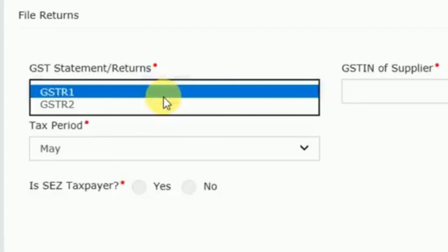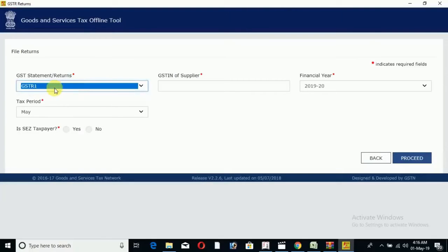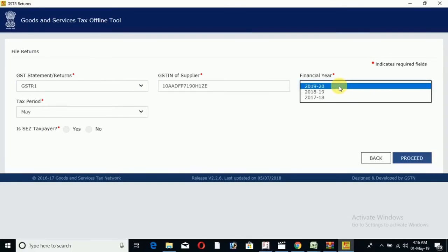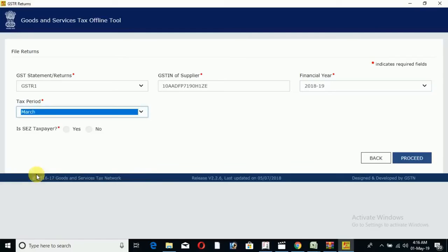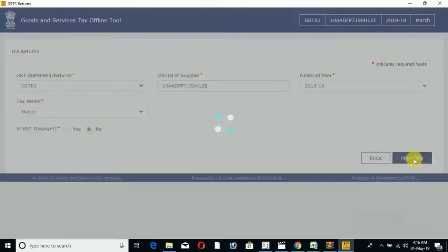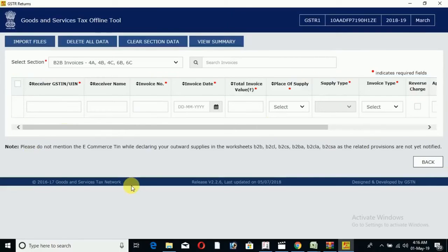Obviously, you have to select GSTR 1 and put GST number. Choose the tax period. Choose the tax payer as No. Then proceed. Click on Import File.